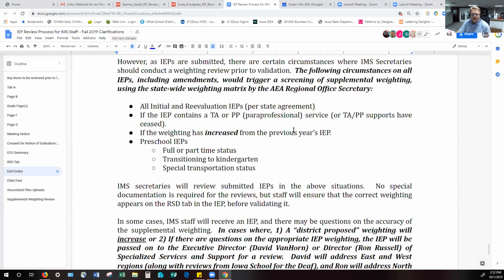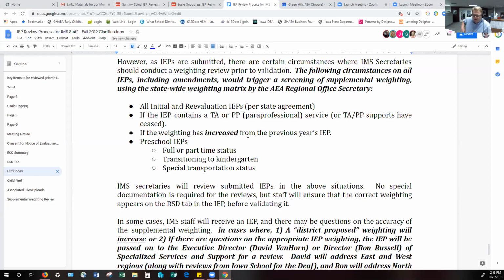and screened for weighting. This next one, if the weighting has increased from the previous year's IEP, I think the change there, previously we said if it decreased or increased, we're now saying if it goes up. So in other words, an IEP comes in, last year it was level 1, this year it's level 2, we would ask you to screen it, to review it for weighting. If there's an increased weighting, our process will be that we're going to validate that and make sure that